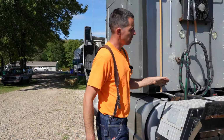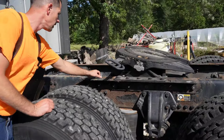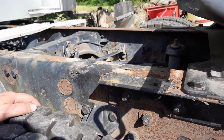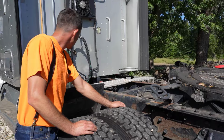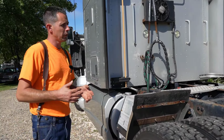Another thing on my truck here, you notice there is some rust on the frame. The paint's kind of flaked off. It hasn't really gotten to the metal. It's basically just the paint flaking off, which isn't the end of the world. So this truck's run in salt. It's been up north, all that good stuff. But the only problem, when you see a lot of rust, is you might have some wiring problems,